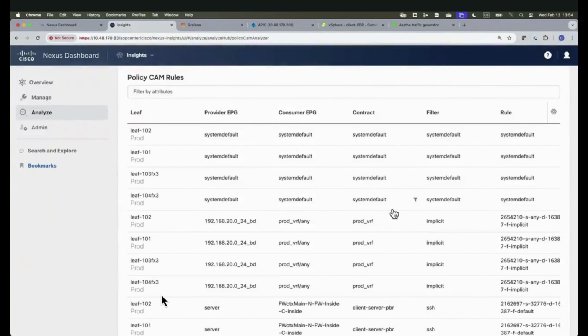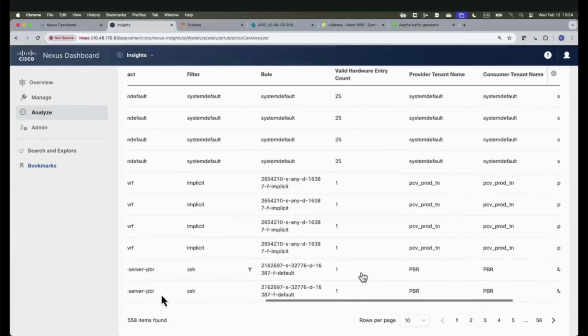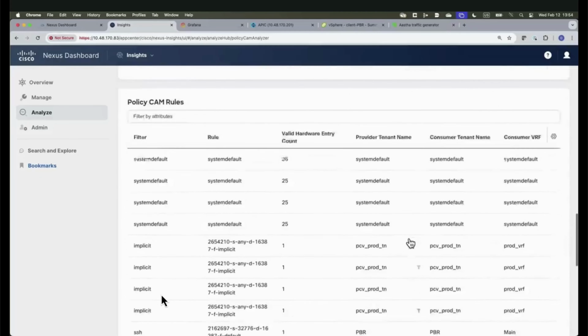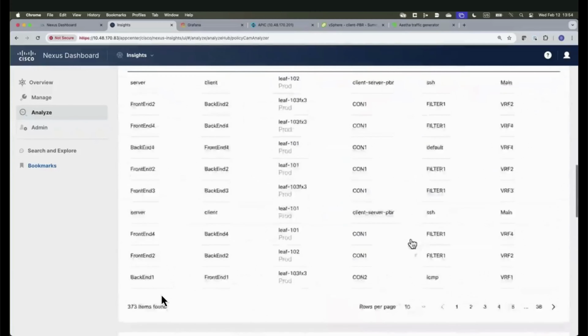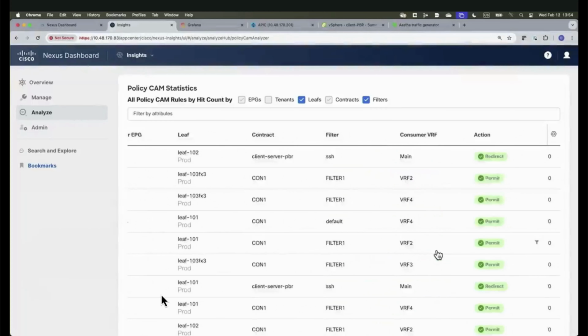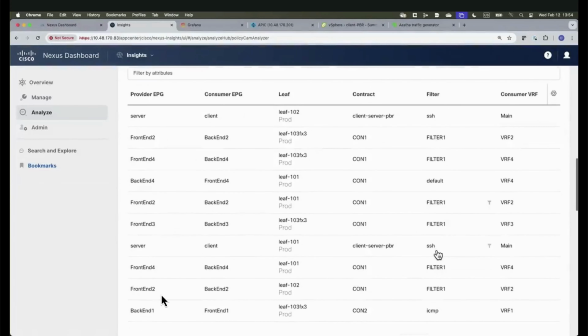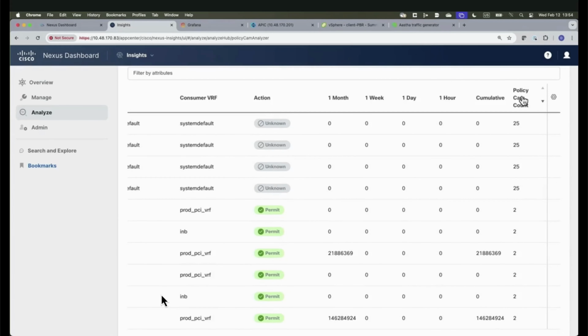Another thing that we can do with the TCAM analyzer is also seeing how the policy CAM is distributed across the switches and if there are hits on the TCAM counters. So for example, in this table, if we scroll all the way on the right, I went too low. So on the table called policy CAM statistic, here you can see that you can sort your